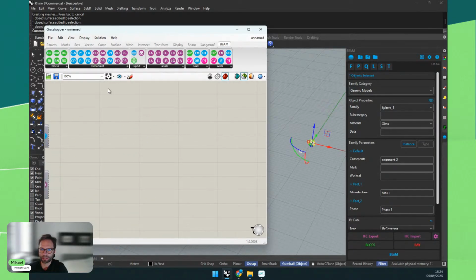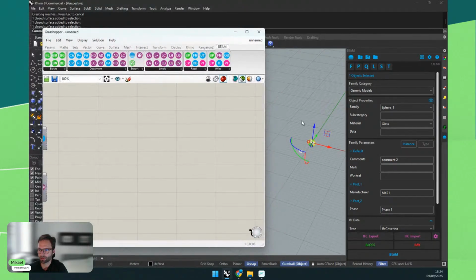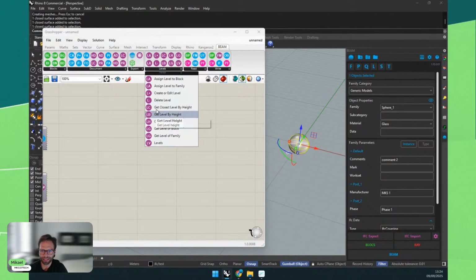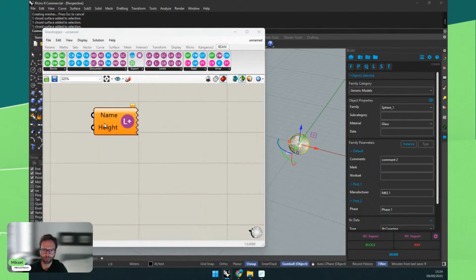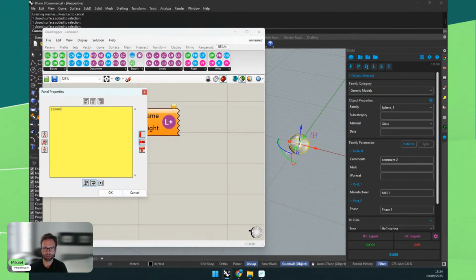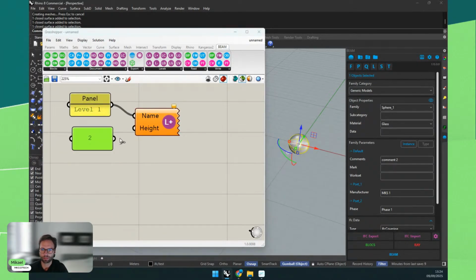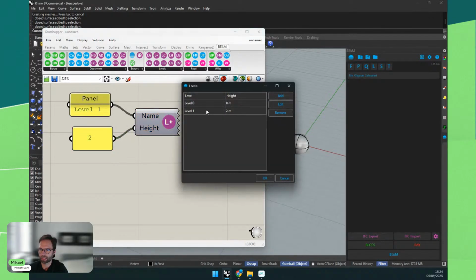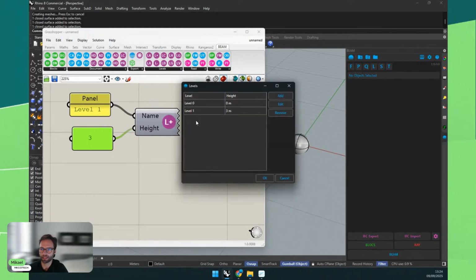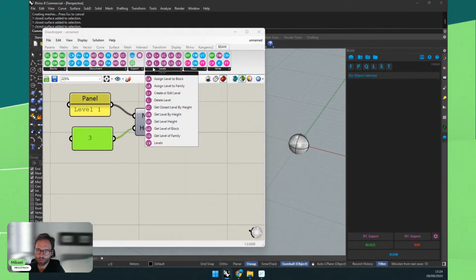Let's also create some levels. Of course, now we just have one sphere, so it's not important, but we can also go to levels. And there is a bunch of nodes per level. For example, we can create one by name and height. So you can say this is my level 1, and is at 1000. Okay, our file is in meters, so actually let's put 2. I plug it, and it creates a level. If I leave the name, it will actually edit the level. Okay, so no worries. This is create or edit. You can also remove levels, etc.